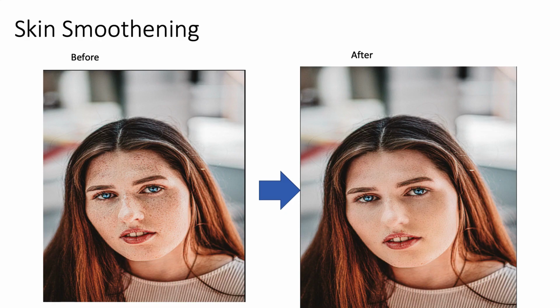So here is an example. This is one of the skin smoothing neural filters which is available. On the left you have an image which has some facial spots, and you can just apply the skin smoothing filter. Behind the scenes, Adobe Sensei looks at the image, looks at the spots in the image, and does the heavy lifting for you. And this is the image after applying the filter. See how smooth the image looks. Another kind of